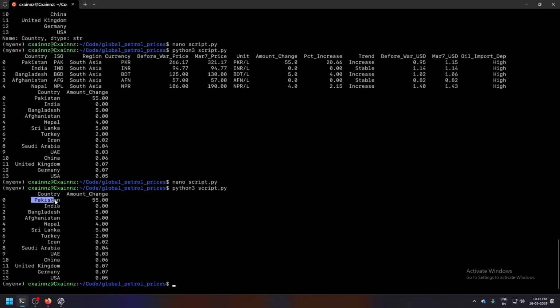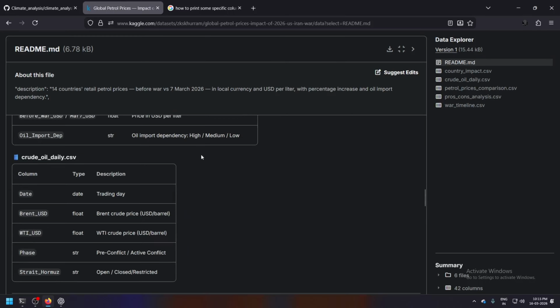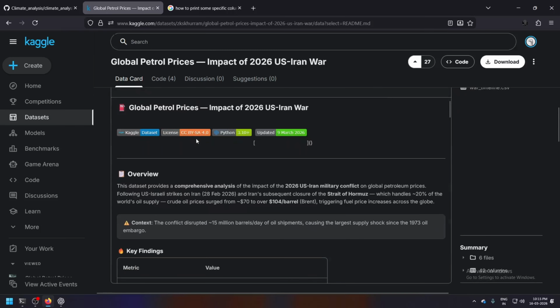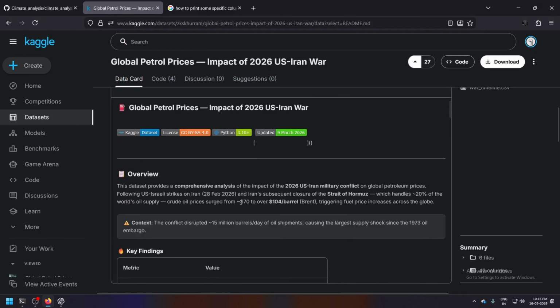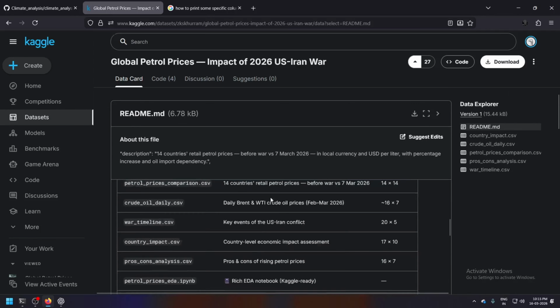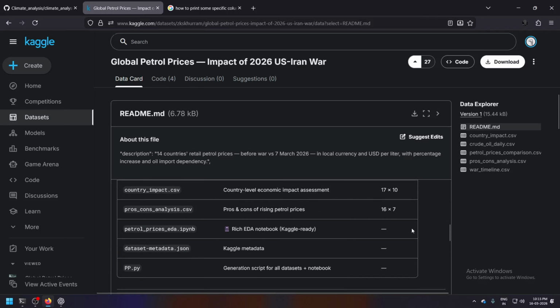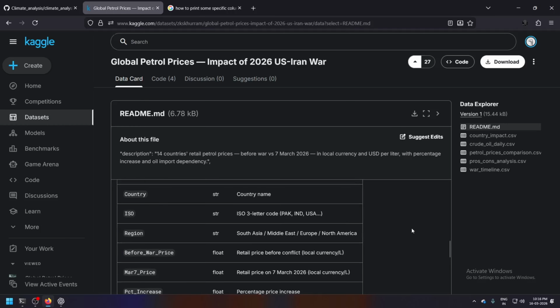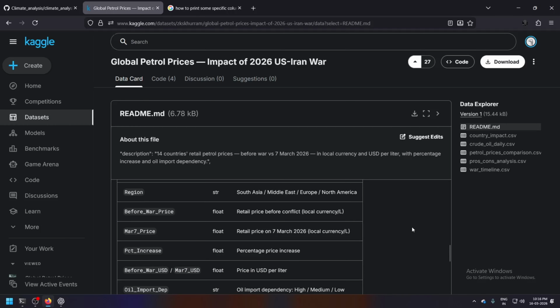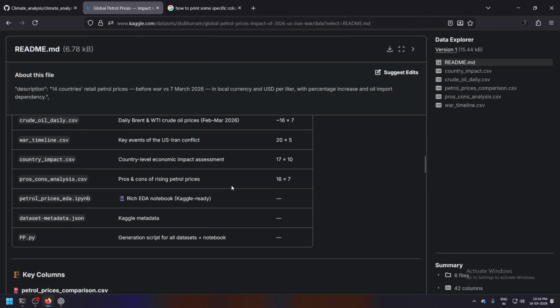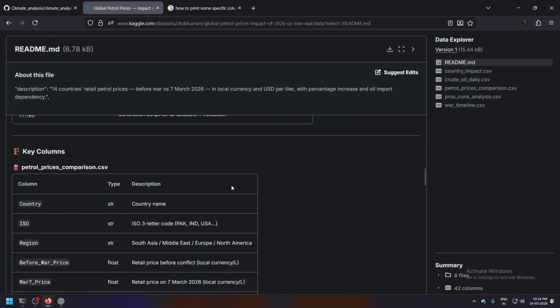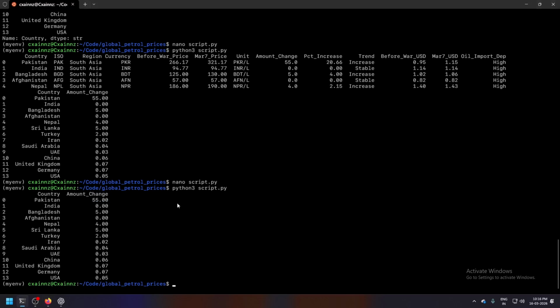On the zero index we have Pakistan with a $55 change, because all of these values are in dollars. There are no other currencies like pounds or rupees, which is very good, because some countries have INR and all sorts of things, and converting would be a big hassle.